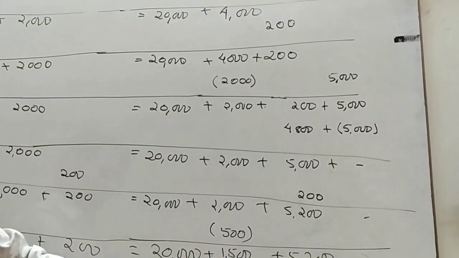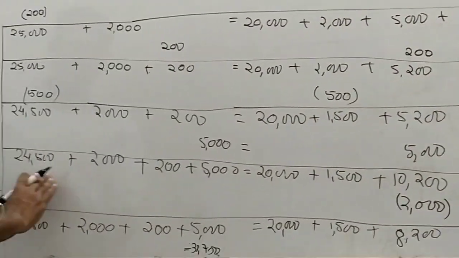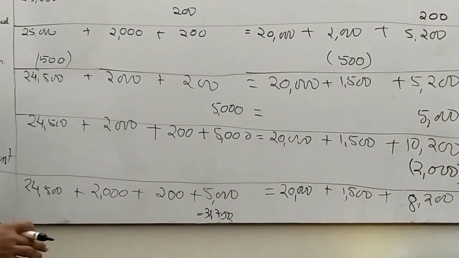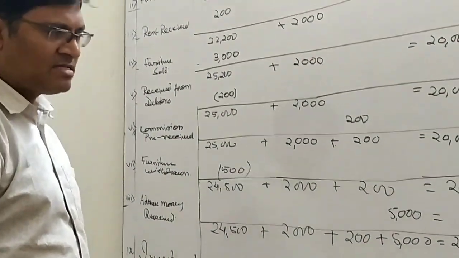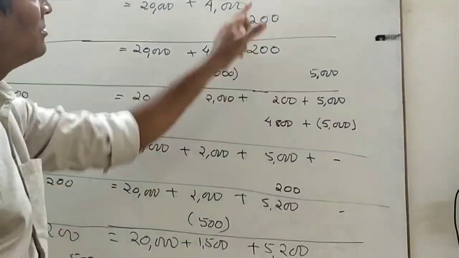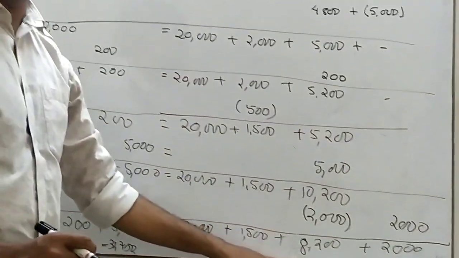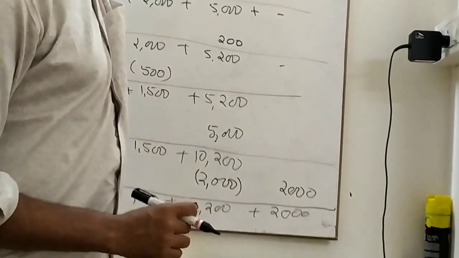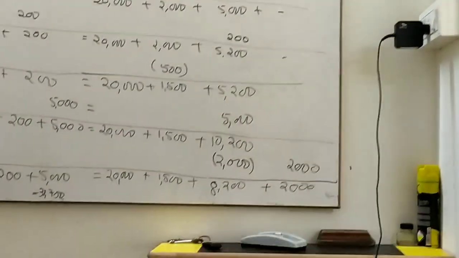Now we are adding this part. We got that this is same as this. That means over here the total is same, and there also total is same. Now the last one, investment, the last transaction. Business has done investment. When business does investment, it has reduced its cash by 2,000. Our cash balance becomes 8,200. And that investment has increased. That means our asset has also increased. Investment 2,000 increased.